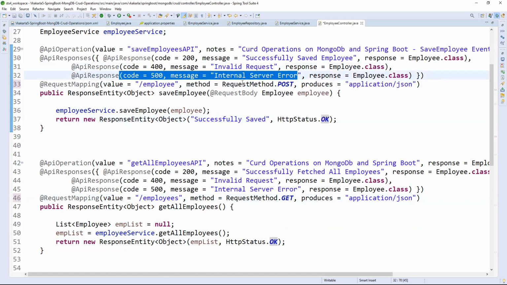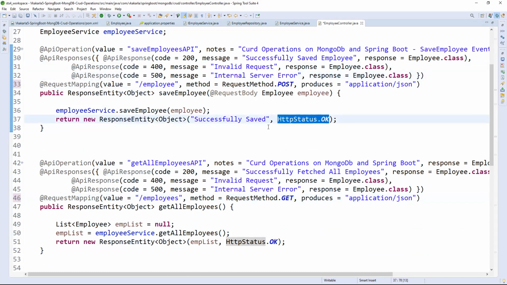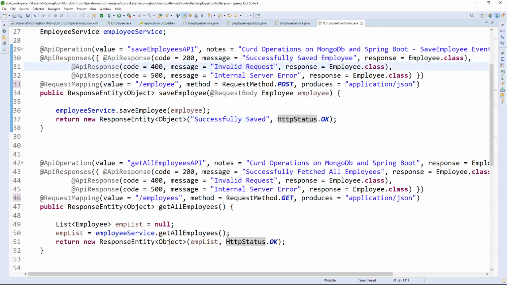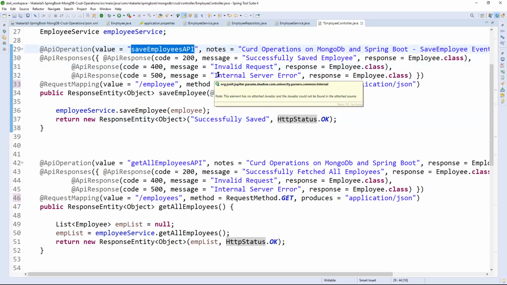This is simply documentation. If you provide a documentation URL to other people, they can see this is the save employee API, and it will have these types of status codes, without running our application. Okay.